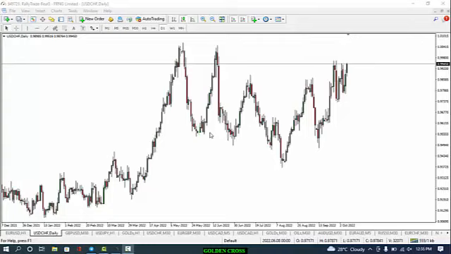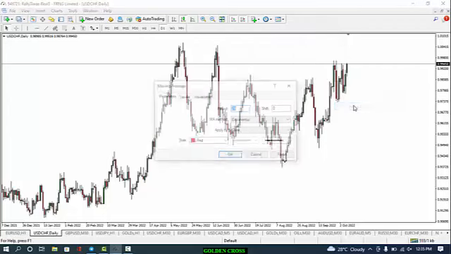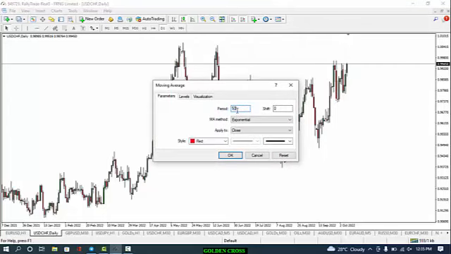And for me, I have been using the 50 exponential moving average and the 200 exponential moving average to arrive at the golden cross. So how do we add the two moving averages? So you go to your indicator list and you move to trend, because the moving average is a trend indicator. So I go to moving average, then I have first the 50 exponential moving average, which is going to act as my short-term moving average or the fast moving average. I would make the color possibly a green